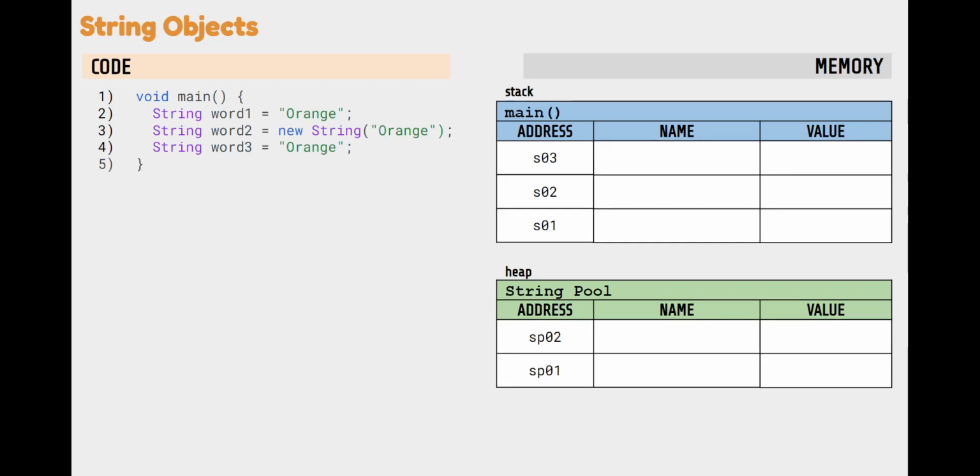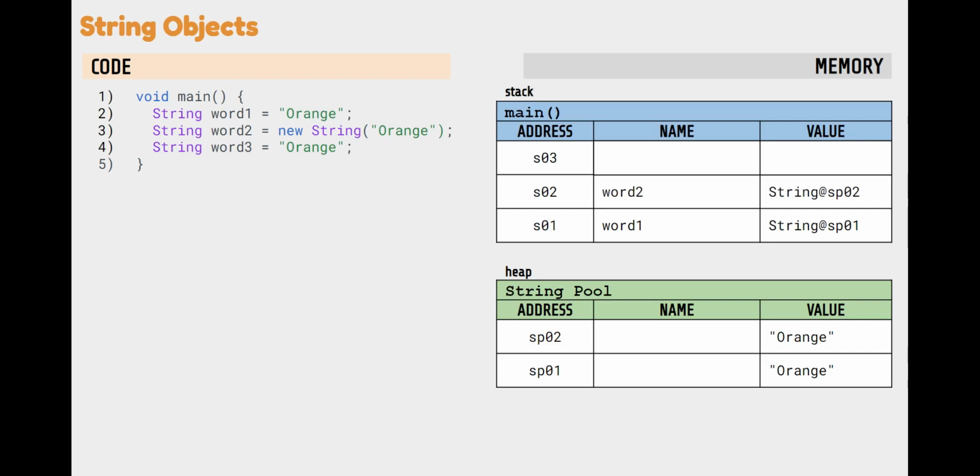So we're going to look at one more situation. Starting off with line 2, we're creating orange in the string pool. We are creating word1 in stack and assigning it the memory location of that orange. Line 3, we are making a new orange in the string pool, and we are assigning word2 to that memory